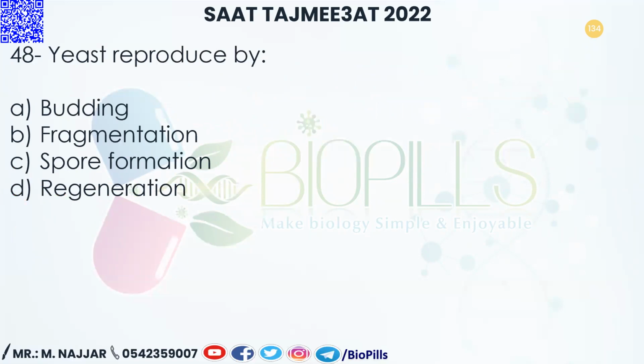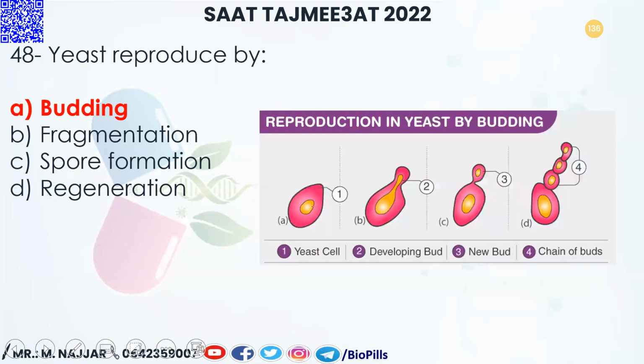Question number 48. Yeast reproduces by A, budding, B, fragmentation, C, spore formation, D, regeneration. Yes, it reproduces asexually by budding. In the budding process, here is the yeast, so there will be a bud, an extension that will be formed, then it will be completely grown into another bud, and this bud may remain and make a colony, or